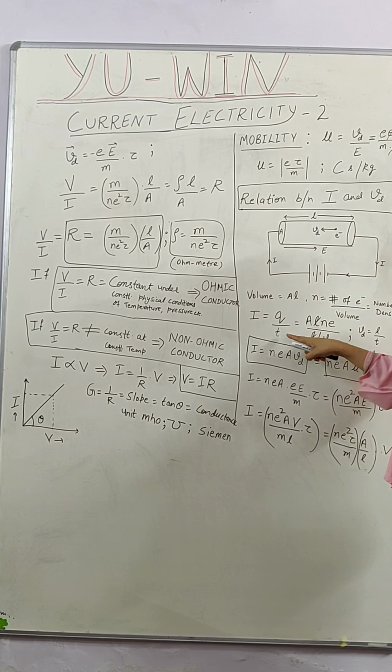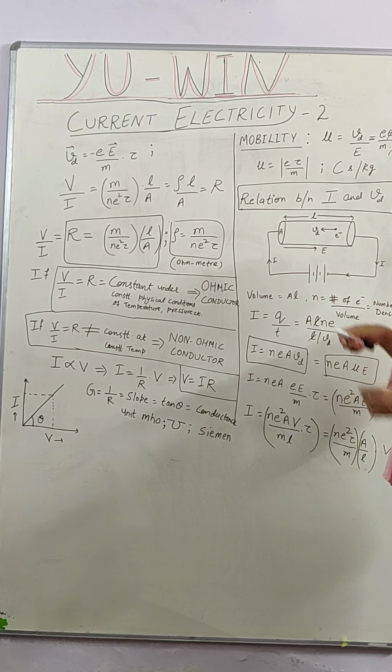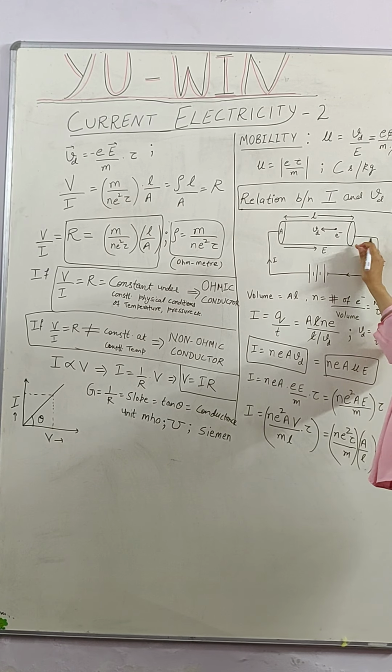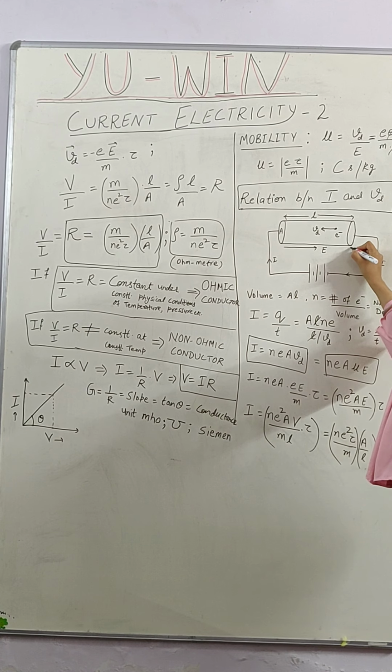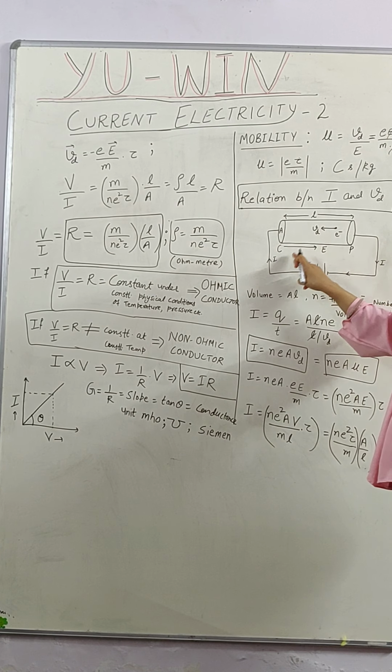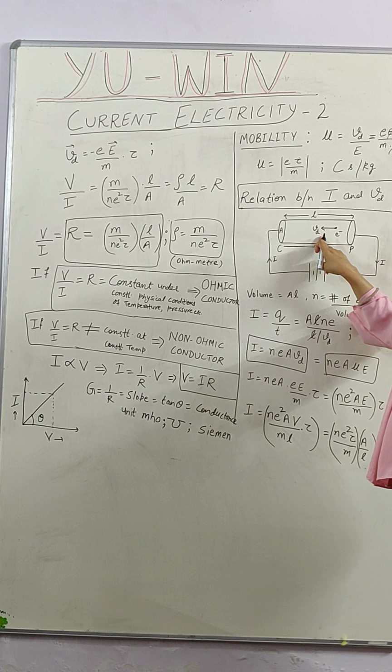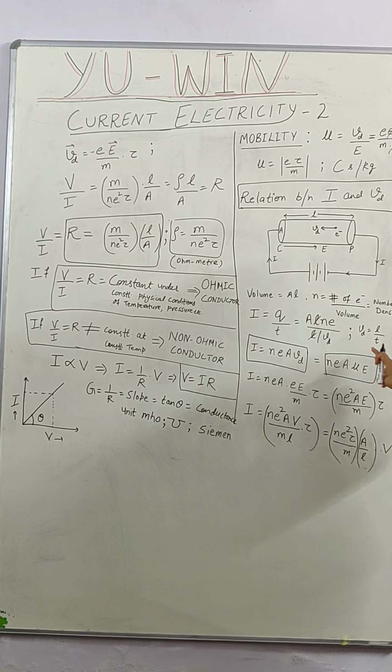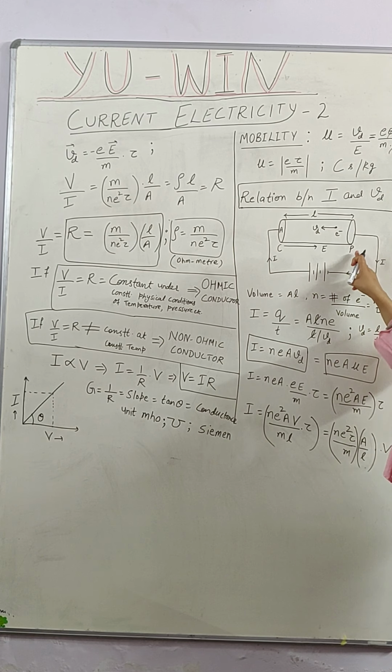So the current in the time t, like if the electrons move from one end of the conductor, say from P to another end of the conductor, say C. So in going from P to C, they have covered the length L, and they are moving with the drift speed Vd. So Vd will be equal to L by t,